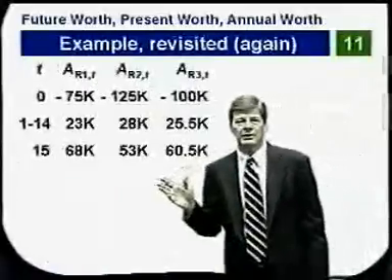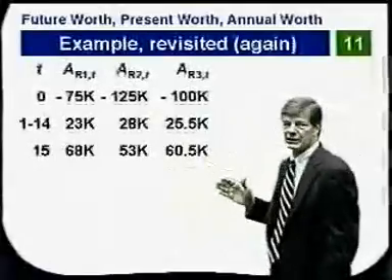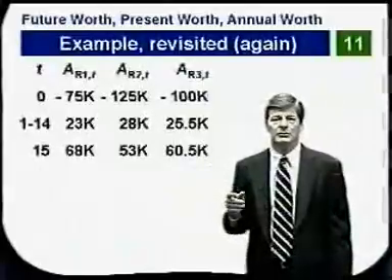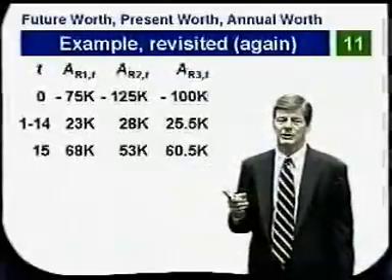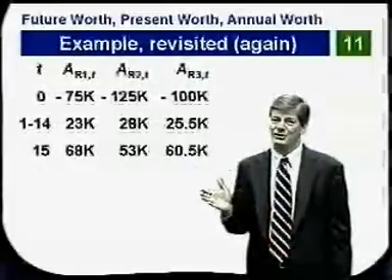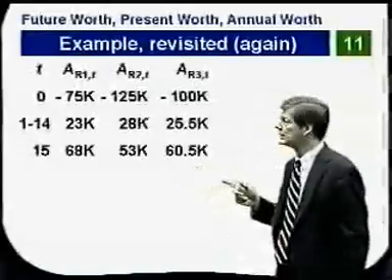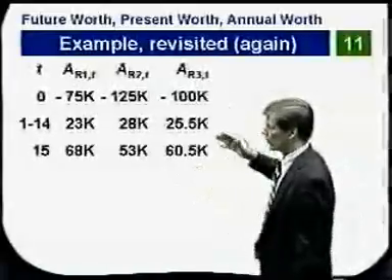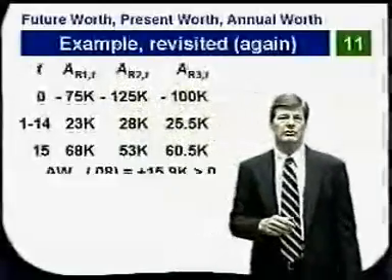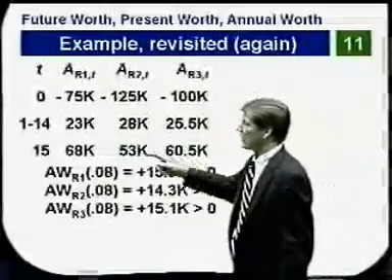Let's take our example again of the three alternative power lines. Here are the net cash flows for each. We can solve this problem using prospective benefit or prospective cost. We could solve it using future worth. We could solve it using present worth, but at the moment we're going to use annual worth. So what we would like to do is to calculate the annual worth on each of these cash flow streams. And if you do so, it would look like this. We will do whatever compounding and